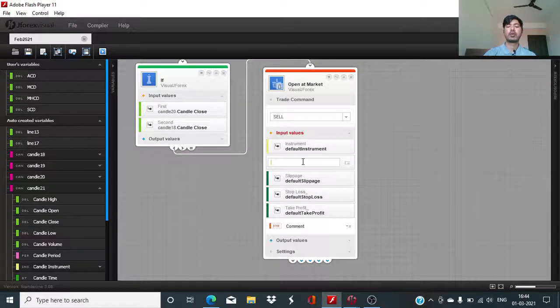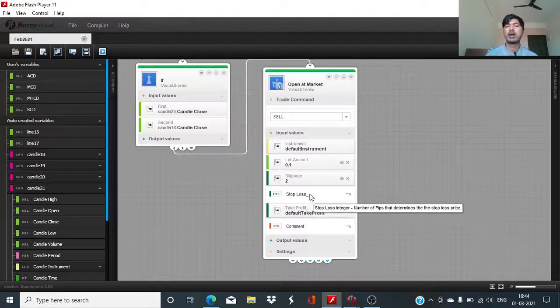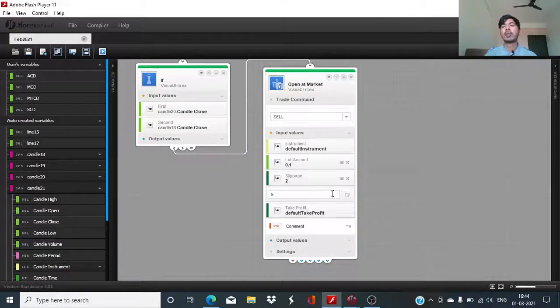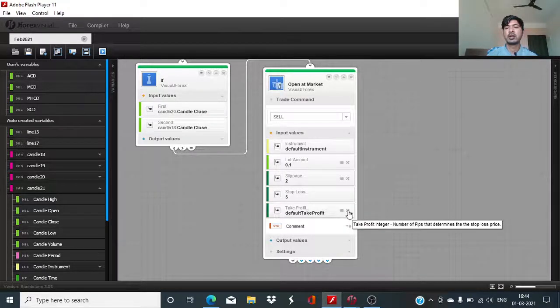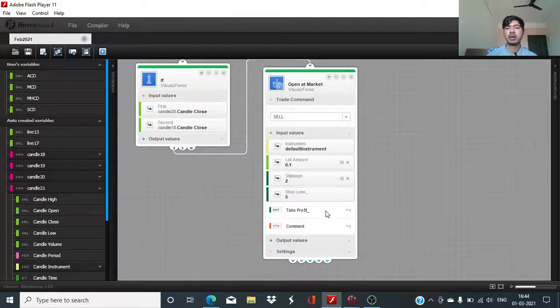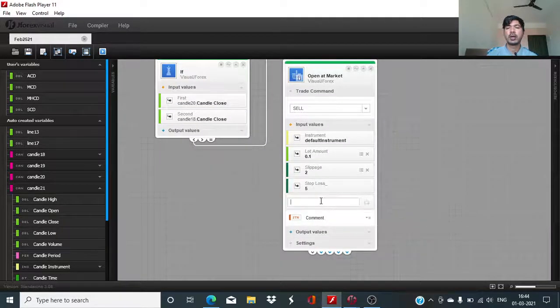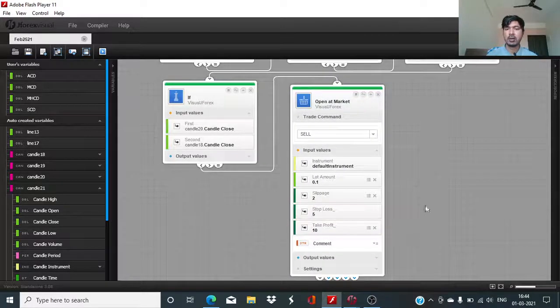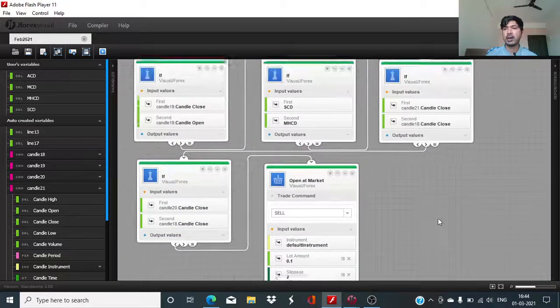Lot amount for this session I am defining as 0.1 million. You can change it as per the equity in your account. Limit pips is good enough. Stop loss, given the fact that we are working with the 15 minutes time frame, I think a stop loss of 5 pips should be sufficient. And to make the risk reward ratio at least 1:2, the target price is going to be 10 pips. So this is the sell side,